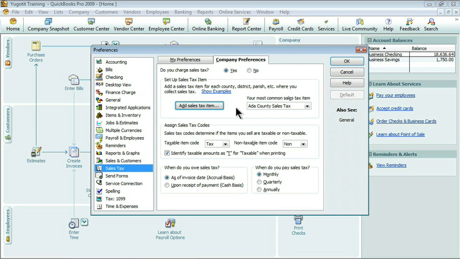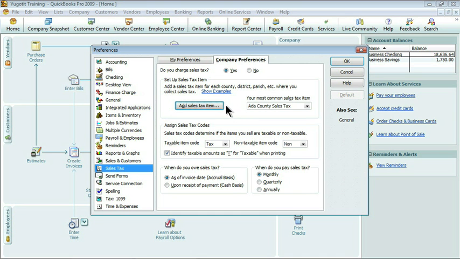If you live in the state of Idaho, you pay Idaho tax. If you also live in Ada County, which encompasses probably 5 or 6 different cities and towns, then you pay both the Idaho tax and the Ada County tax. Because I need to have a group of taxes, instead of listing each of those individually, I'm actually going to create a tax group made up of both Ada County tax and